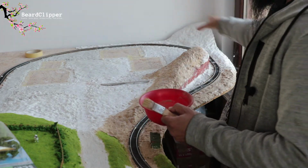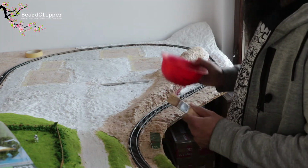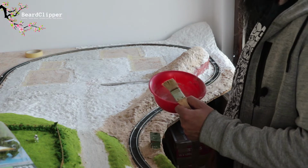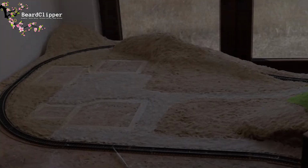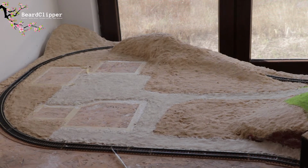over all of the rest of the build, and then I'll come and do the road, and I'll bring you along when I get to the road. But yeah, I think you can probably hear my voice. I'm very excited to see this coming on, and cannot wait to get this step finished, so I'm going to crack on. Well, I'm grinning a little bit crazily right now, because what you can see here is I've done